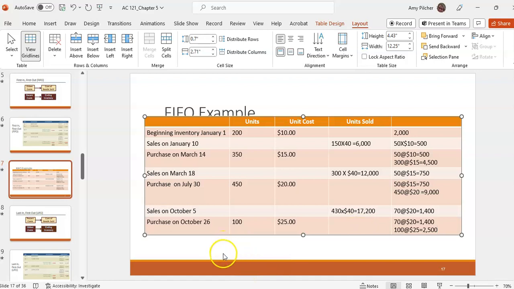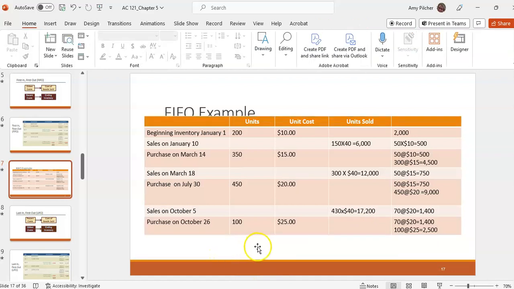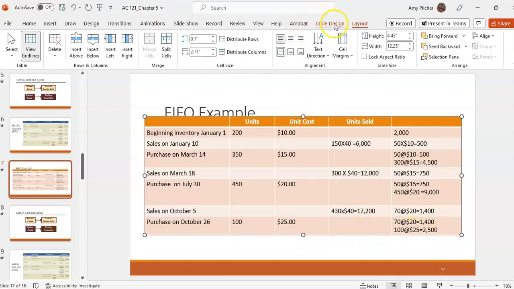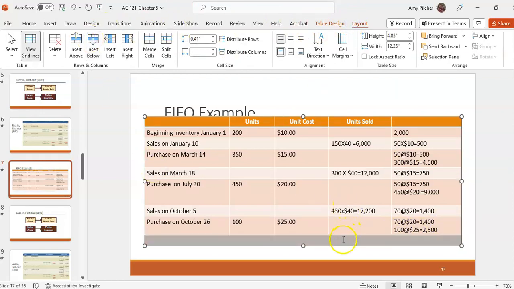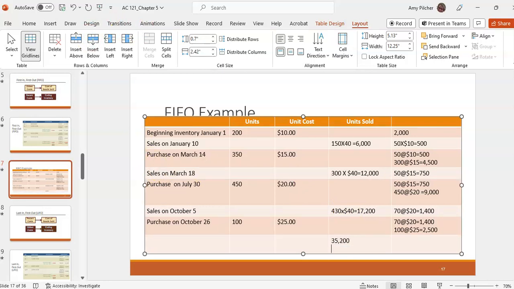So our sales are $35,200. Okay. Let's curve below. So sales, $35,200. And then we'll look at our cost of goods sold. Okay, so our cost of goods sold, we had 150